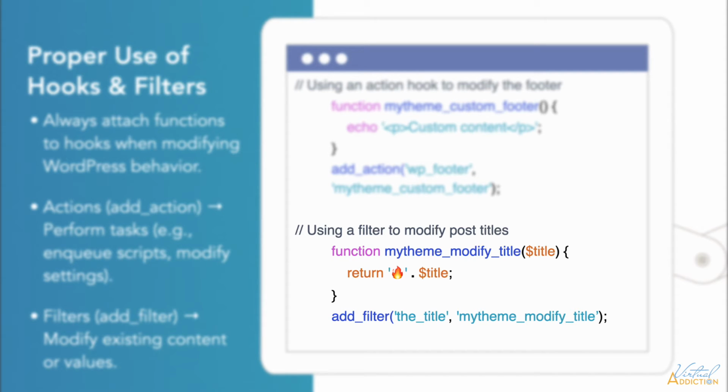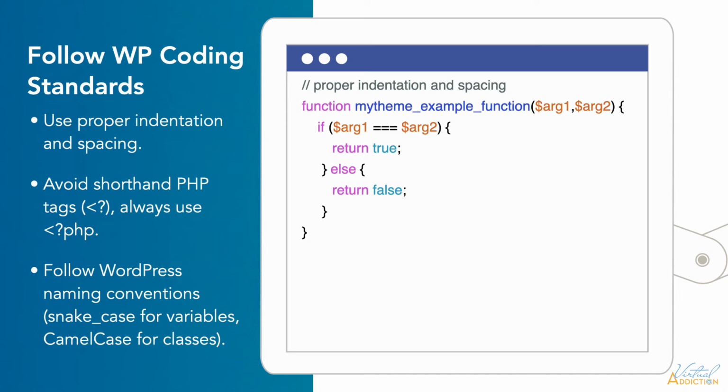In this case, we're going to be adding this emoji of the flame icon to all WordPress post titles. We're using our own custom function here, and then down here we're using a filter so that we can modify only the post titles. You'll also want to follow WordPress coding standards, and this pertains to PHP, HTML, CSS, and